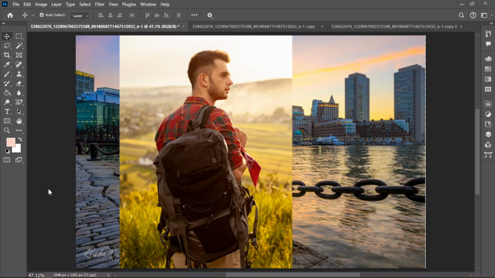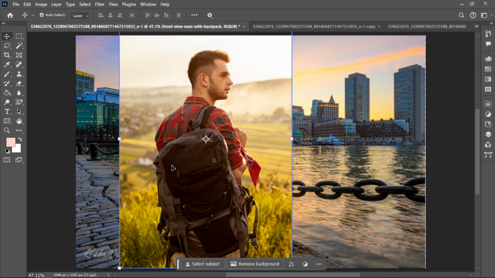In today's video, you will learn how to blend images in Adobe Photoshop. To begin, start by working with the main subject image that you want to blend into the background. The first thing we need to do is remove the background from the subject so it can blend naturally with